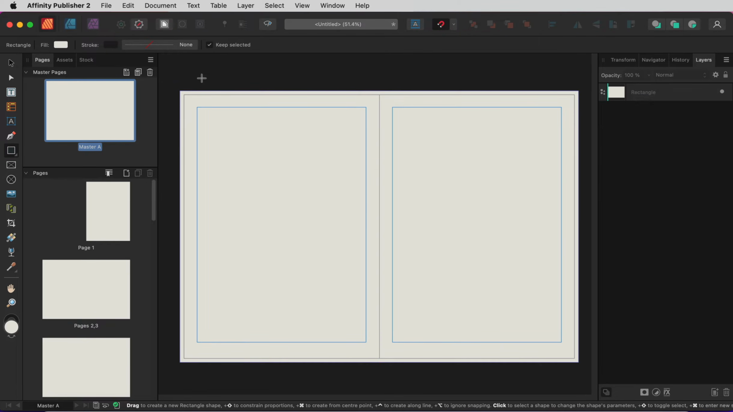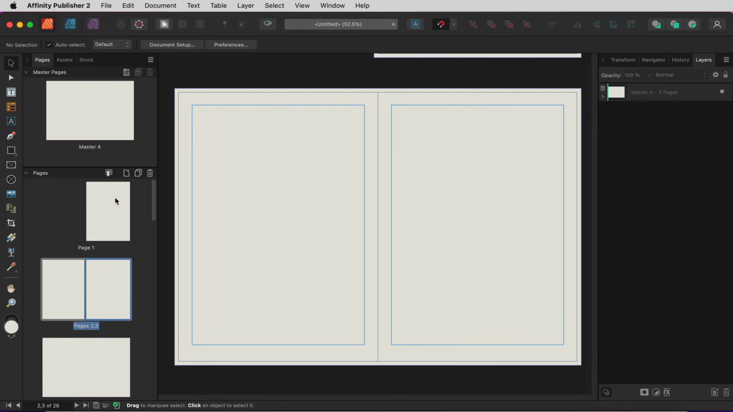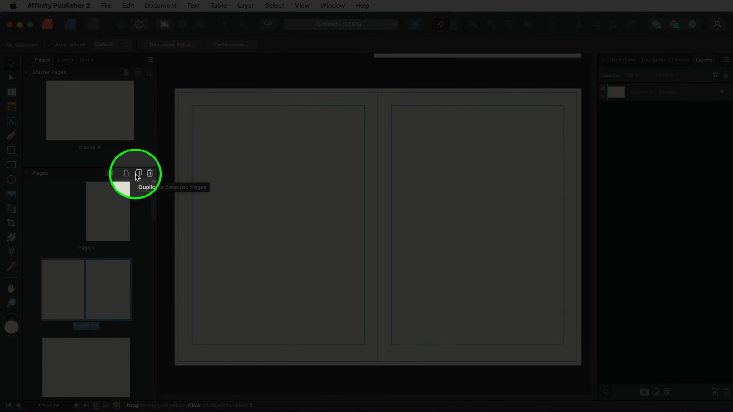Now it may be a bit hard to see, but this color is now applied to every other one of our pages. And speaking of pages, let's go over a few things real quick. First I'm going to hit the letter V on my keyboard to select the Move tool, and then I'm going to double click on pages 2 and 3. Now up here at the top of the Pages panel, we have icons that allow us to add pages, duplicate